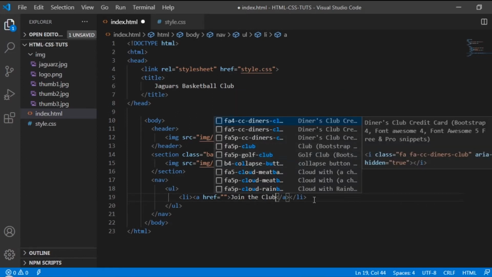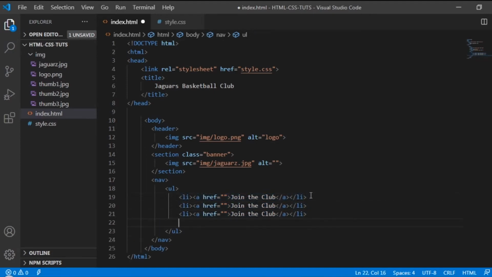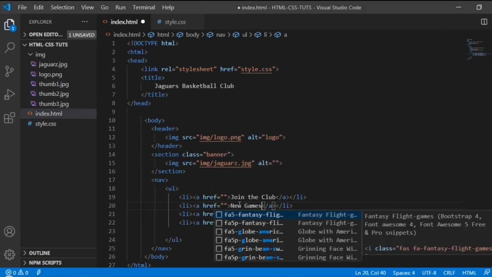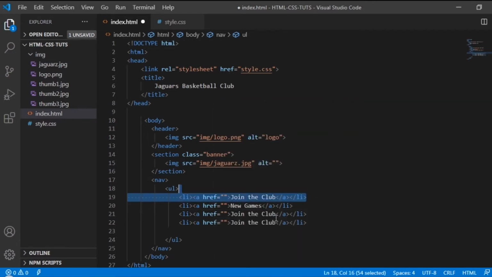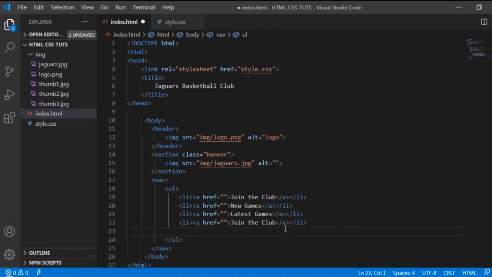Okay, and then I will be copying this one and paste it down. Okay, paste, and the second one, let's say for example new games, and then the third one latest games. There you go, and then the last one game schedule.